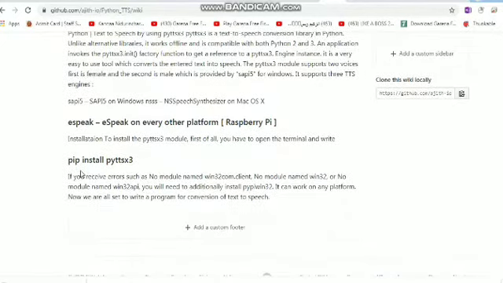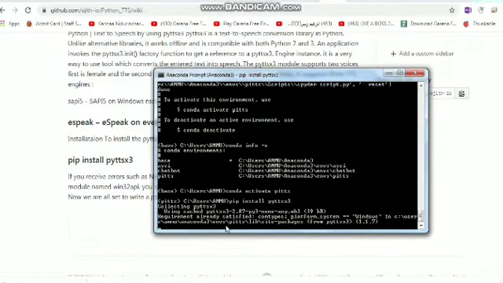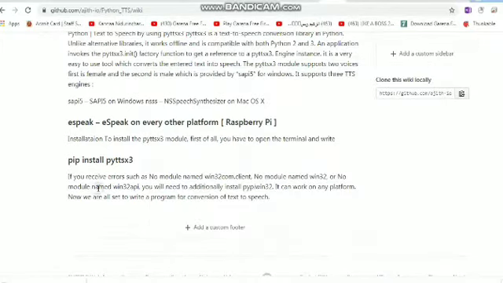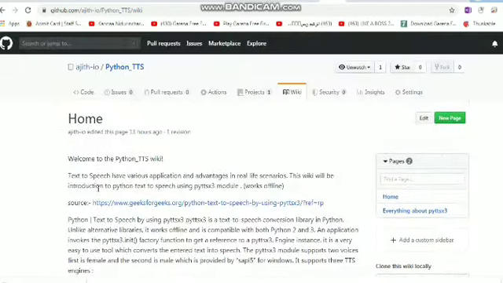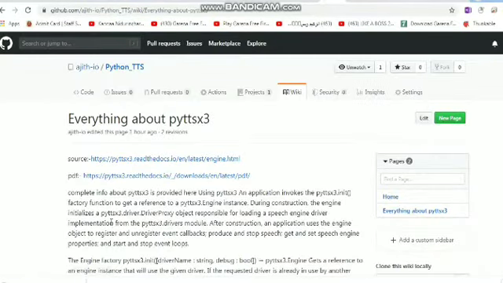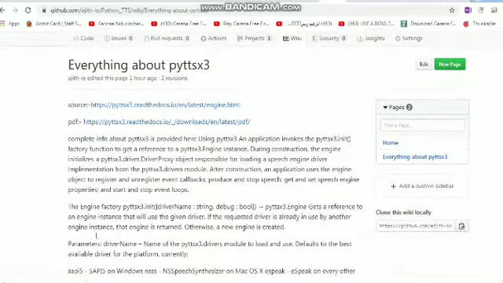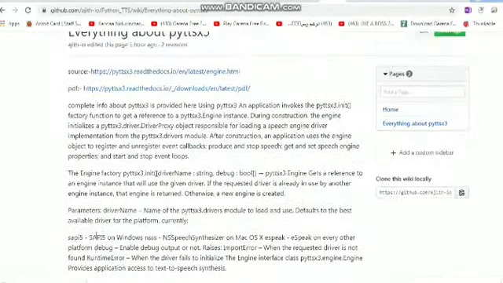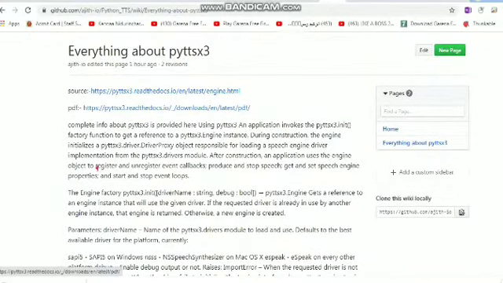Then let's see if it's installed. In mine the requirement is already satisfied. Probably you have to install it. Also, to know more about pyttsx3, you can visit this website available in my GitHub.